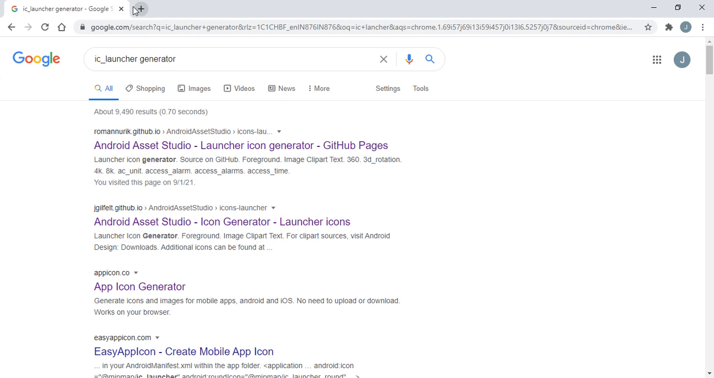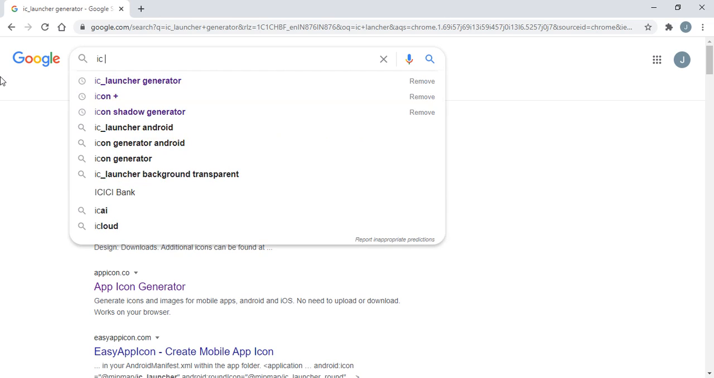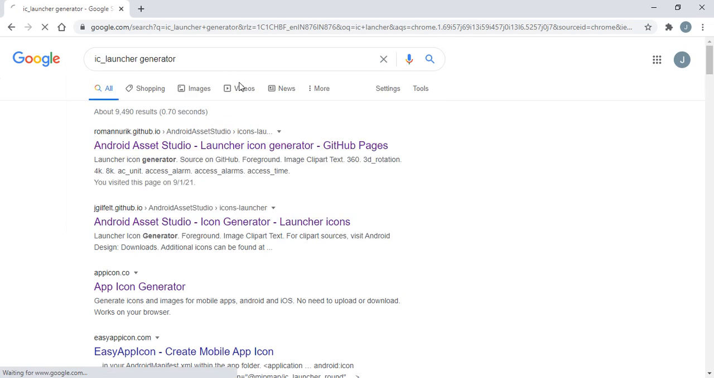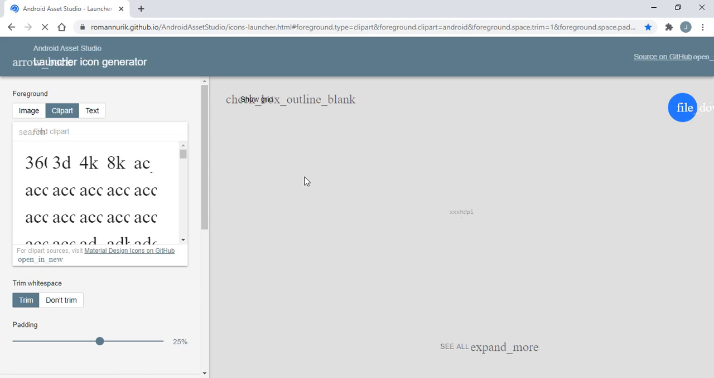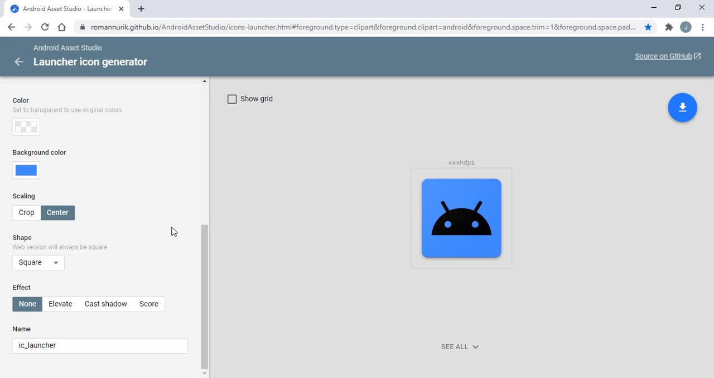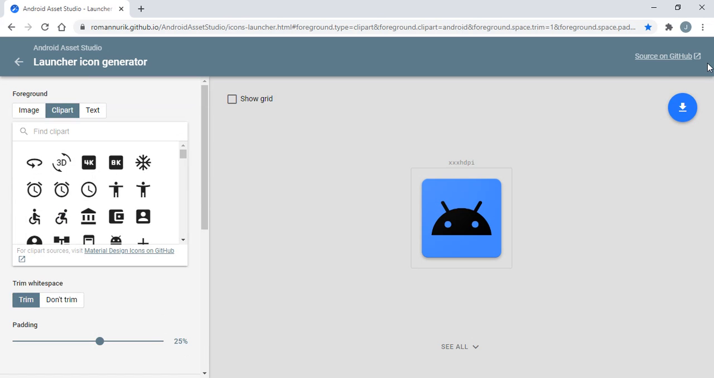You have to go to Google and write IC launcher generator. After that you will find this first link. Here you will be able to create an icon with a long shadow. Let me show you, and first let me show you about the copyright issue and Creative Commons license issue,